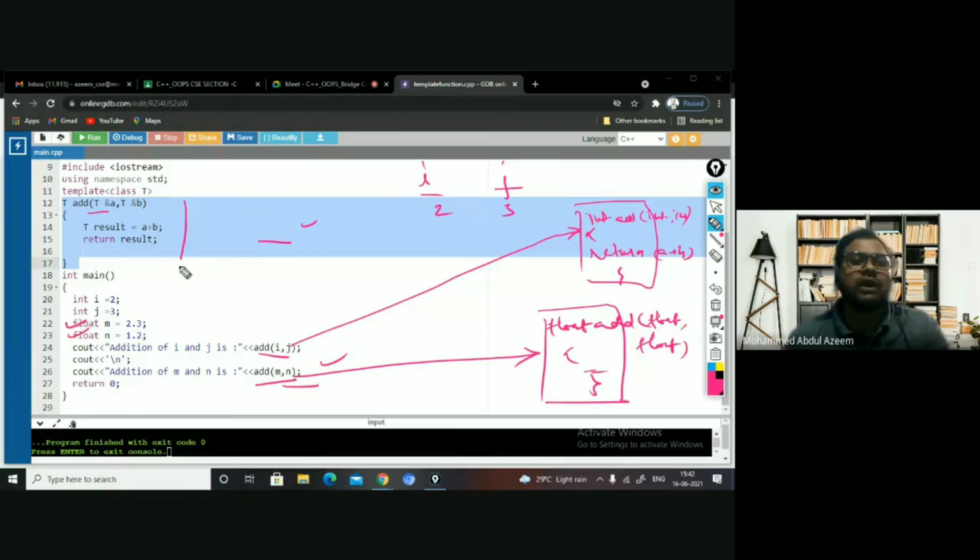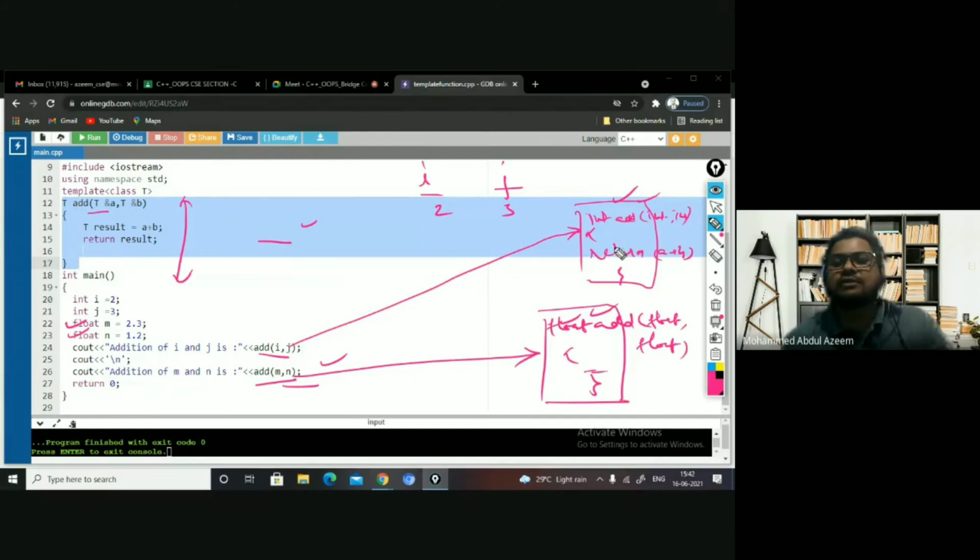So when you have a generic function, the advantage is that instead of writing these two functions, I'm writing a single function here, right? If I did not have a template, then in order to execute this, I would need integer addition separately and float addition separately. Yes or no? So I'm able to reduce the code here.